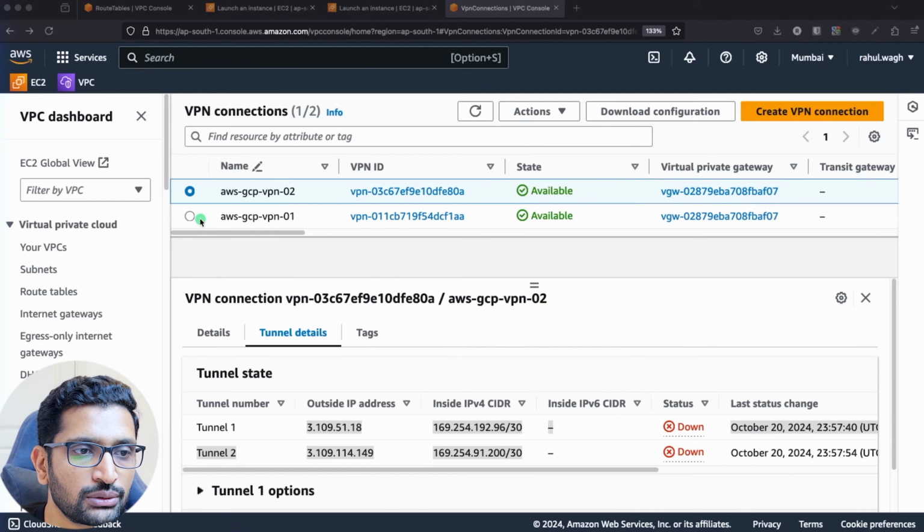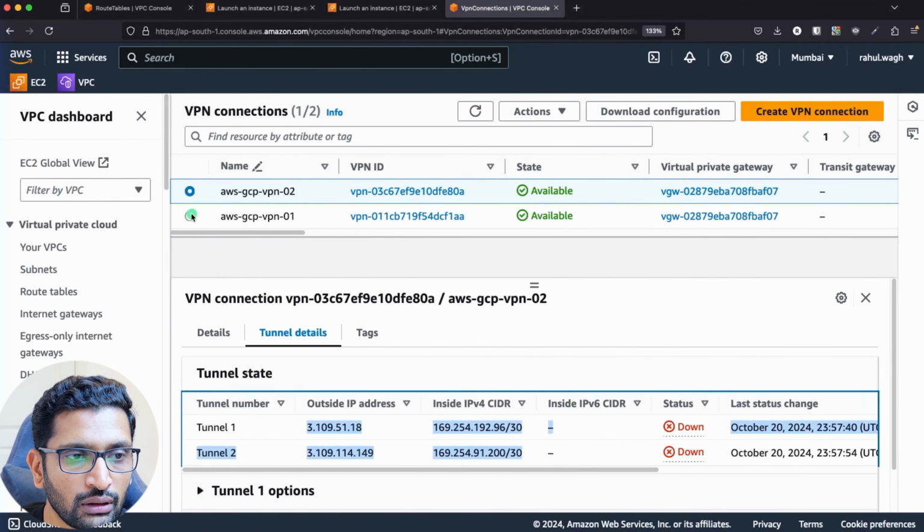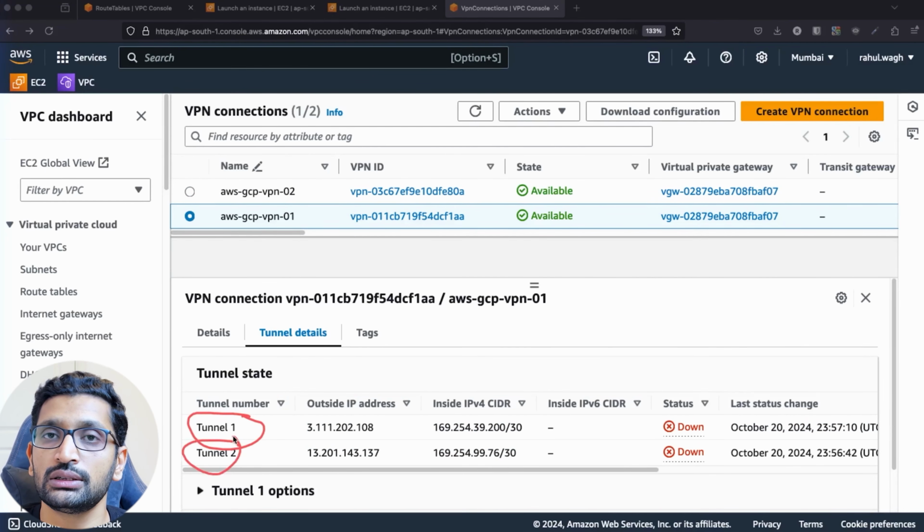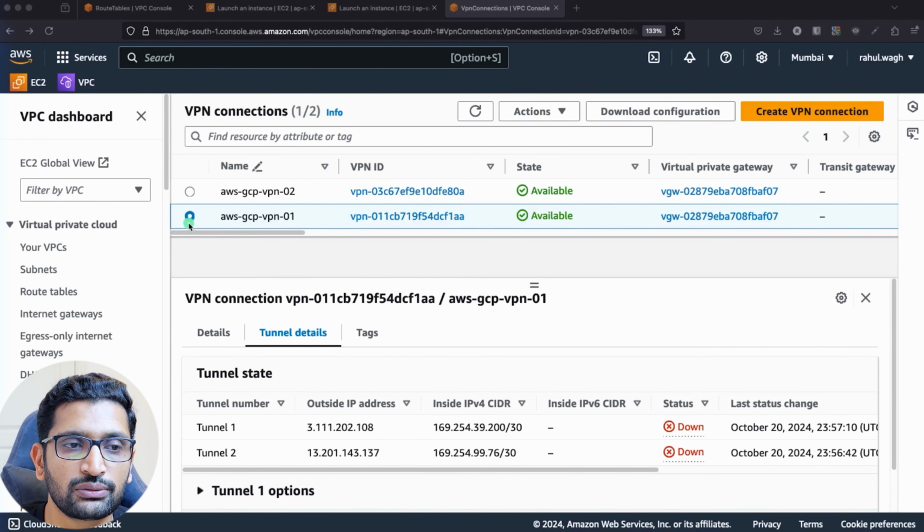And if I show you this one, the VPN connection 1, here you can see this is the first one and second. So there are 4 tunnels which are ready with us, which we need to connect to our Google Cloud. So for that, I'm just going to close this pencil, and first of all, select this VPN connection 1,